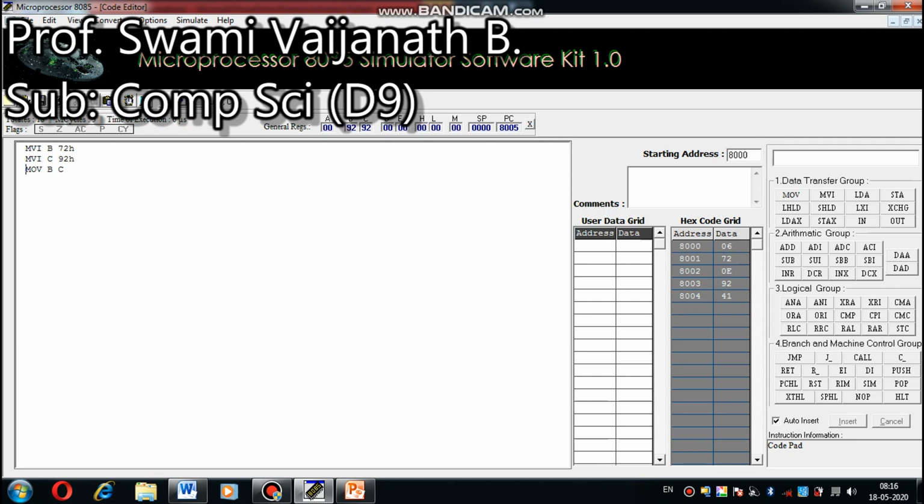Firstly, I executed from step to step. Whenever this instruction executes, what happens in the B register?